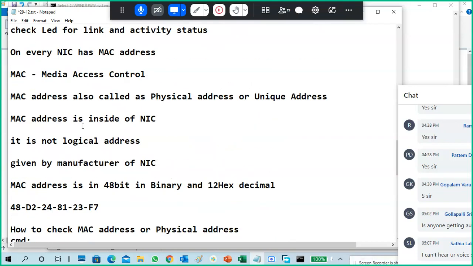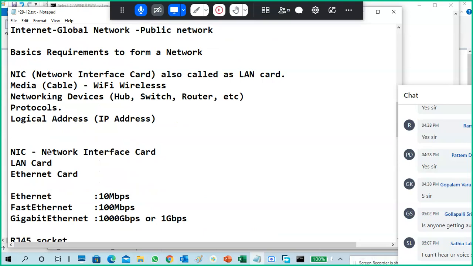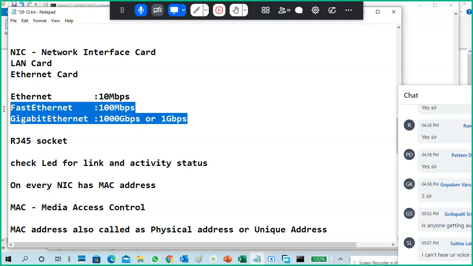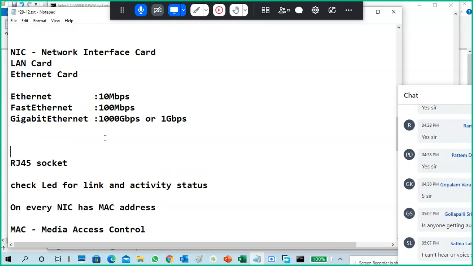So once again, we'll go to the NIC. Guys, NIC means network interface card, also called LAN card and Ethernet card. Different types of Ethernet are used: Ethernet, Fast Ethernet, Gigabit Ethernet. Generally, we use Gigabit Ethernet or Fast Ethernet. When you see Ethernet, normal Ethernet shows something like 802.3.